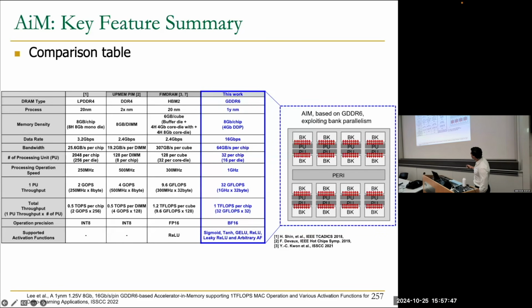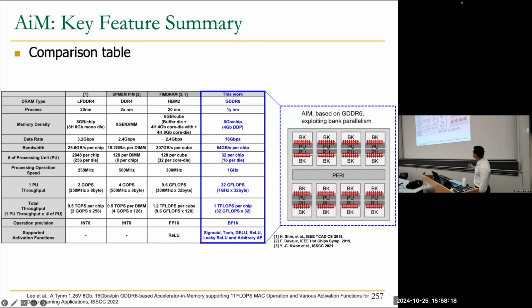The throughput, let's look at the processing operation here. For some reason, they managed to get to a much higher frequency than both UpMem and Samsung. They don't fully explain why. So good for them, they reached 1 gigahertz. The throughput of their system is 1 teraflops per chip, so 32 teraflops in total if they have 32 chips in the system, and they are targeting